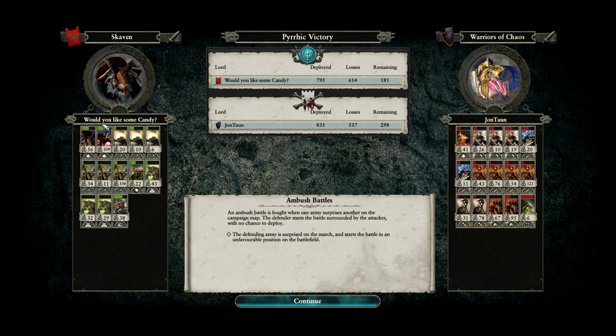And yes, Gobbo is called Would You Like Some Candy? We're not going to look into this. John Torn, on the other hand,